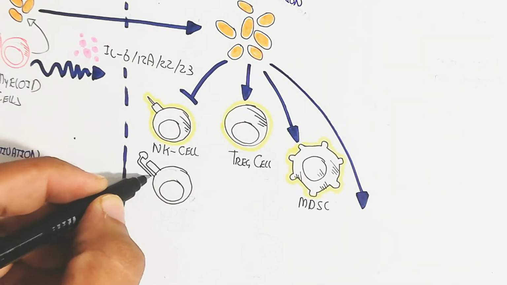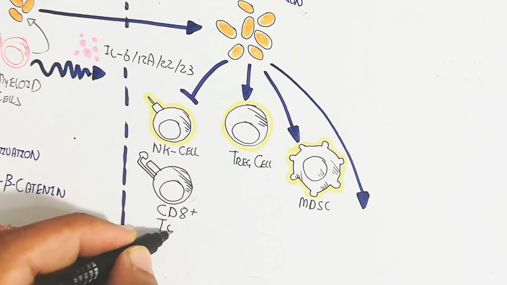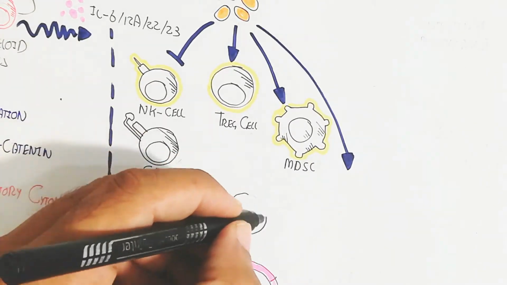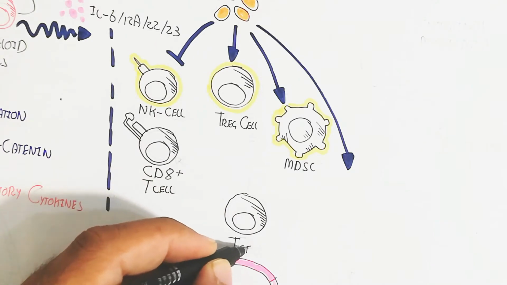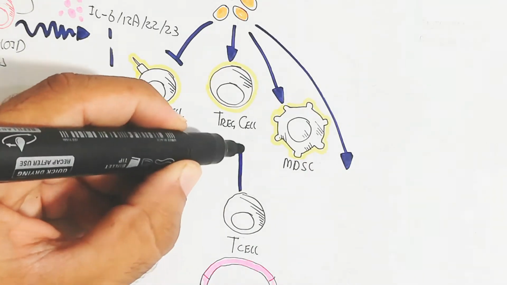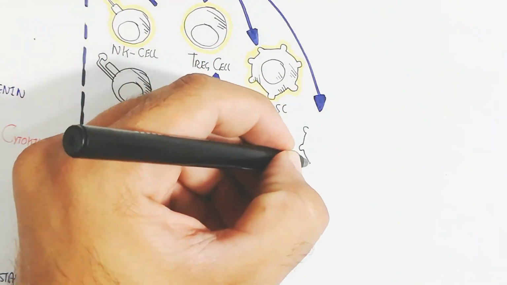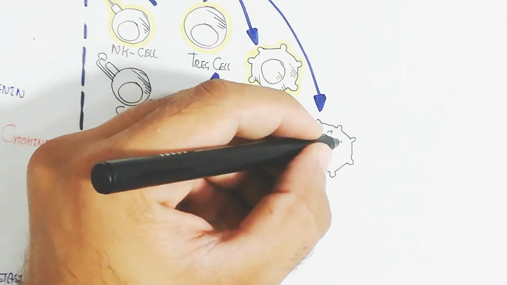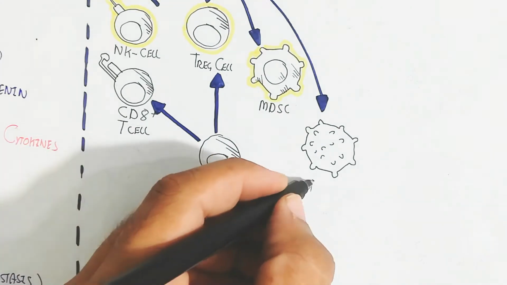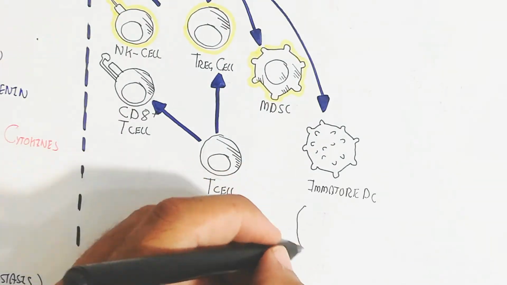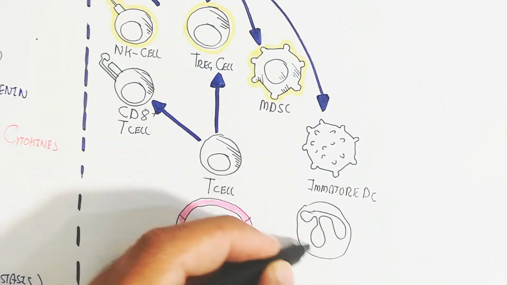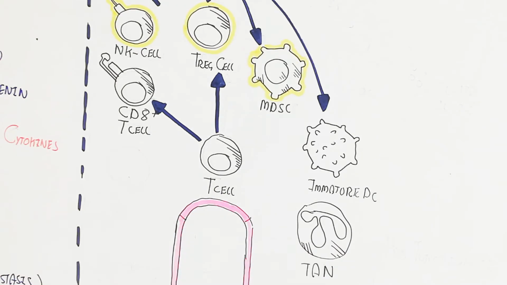In this way, an uncontrolled immune system will occur due to the inhibition of the natural killer cell. And MDSC and CD8 T cells are also inhibited. The inhibition of the CD8 positive T cell, the cytotoxic T cell, will inhibit the killing of the cancerous cell. So in this way the cancerous cell will independently